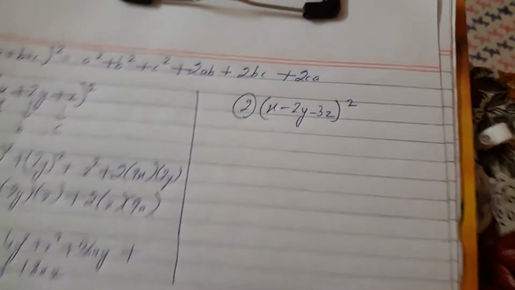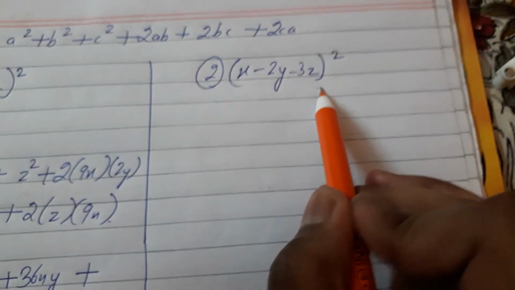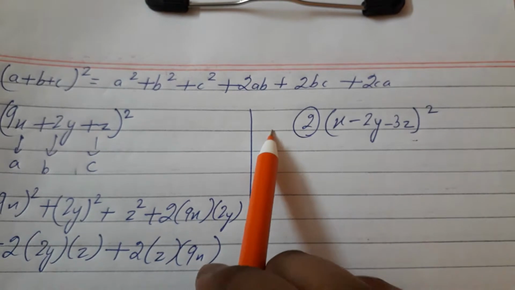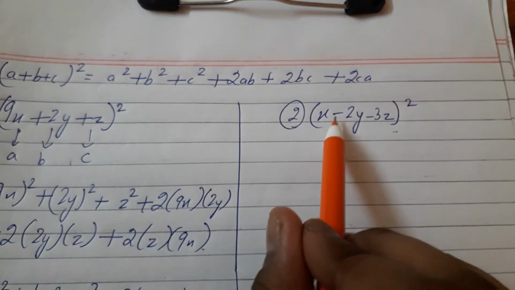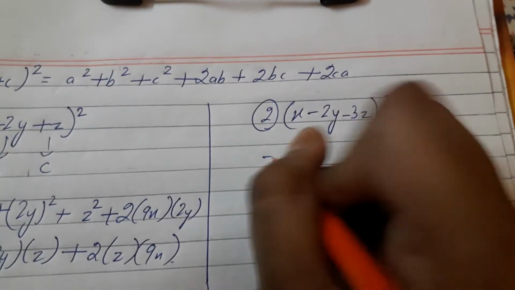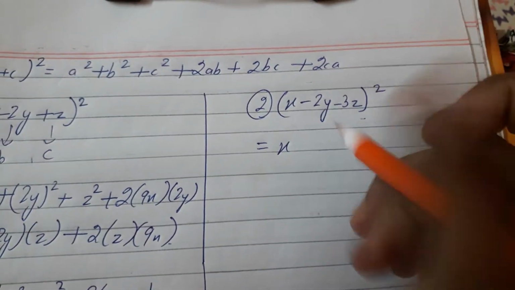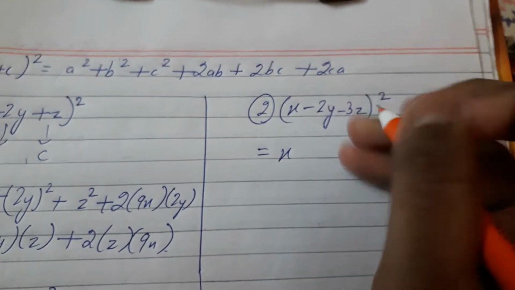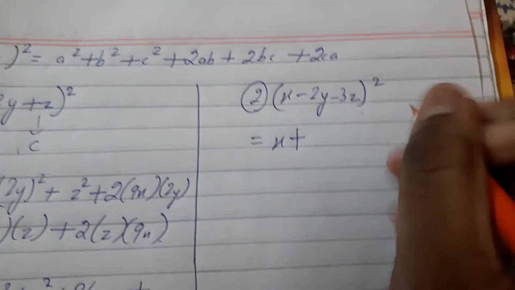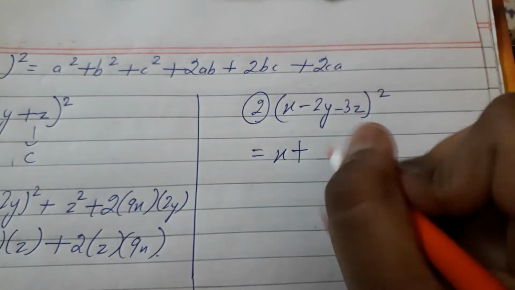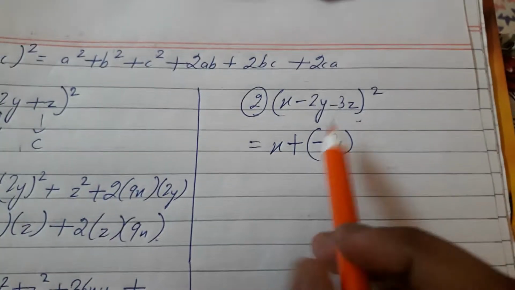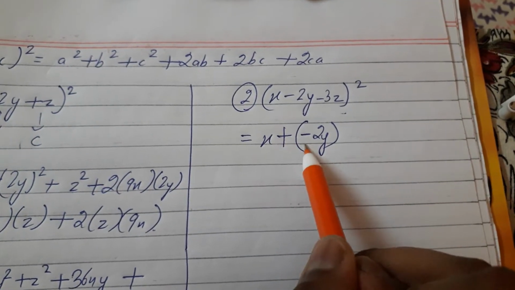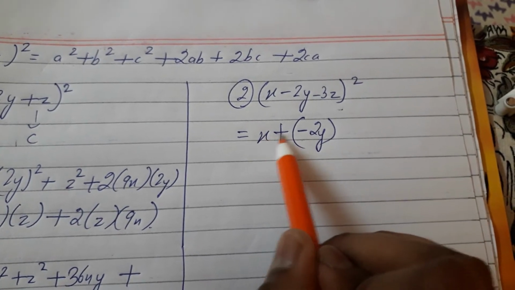Now see, the next one is given this. After comparing with this, you see that here the sign is positive plus, but here the sign is negative. So in that case you have to take plus here. Now see, here you will write plus, then in bracket you will write minus, as we all know that plus minus minus is minus. So that's why you have to write here plus.